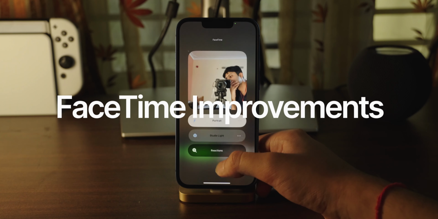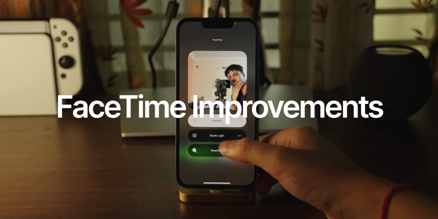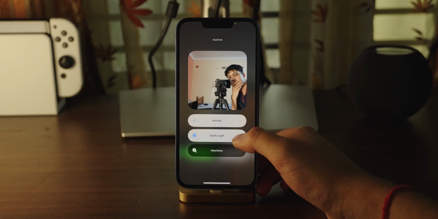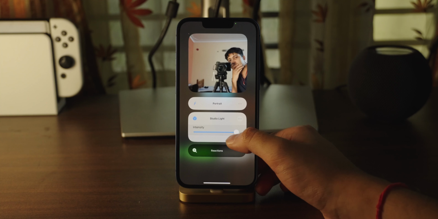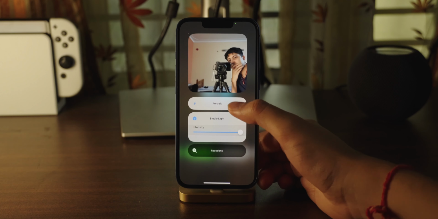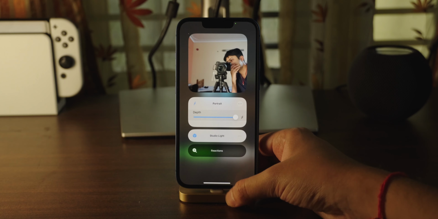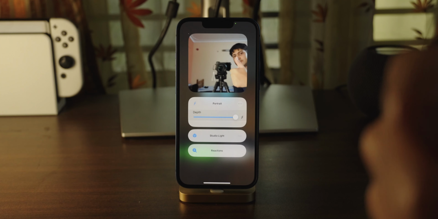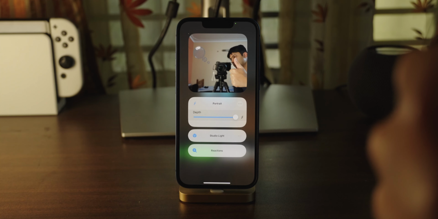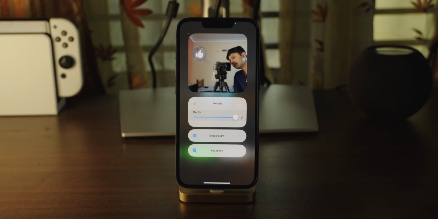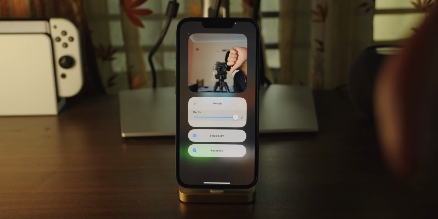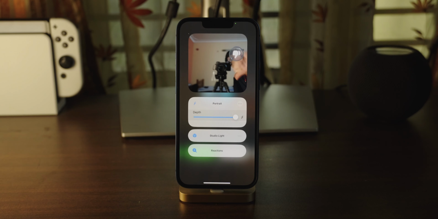Alright, now there's some improvements to the camera on FaceTime. So you can turn on and off portrait mode like you could before, and now you can control the aperture as well as add studio lighting to it. Of course, it's just one effect, but you can change the aperture as well as the intensity of the studio light. And now there's this neat little feature called reactions. So obviously using the camera, it will see whatever you're showing with your hands. So thumbs up will yield you a thumbs up, a thumbs down will yield you a thumbs down, and the